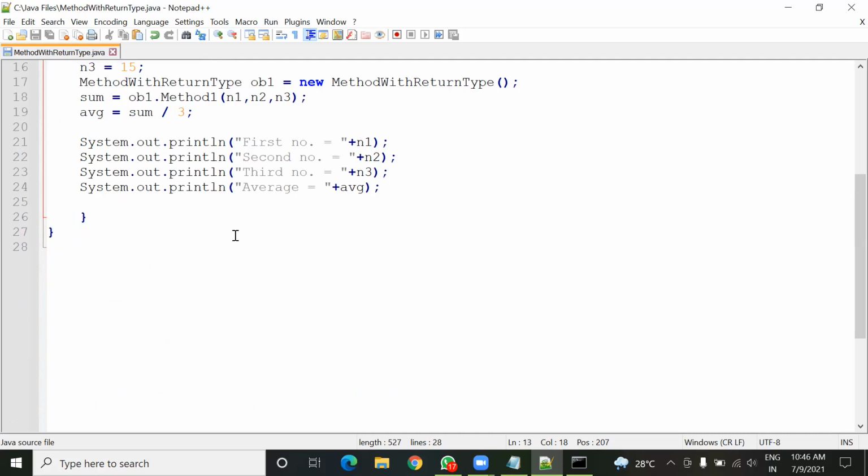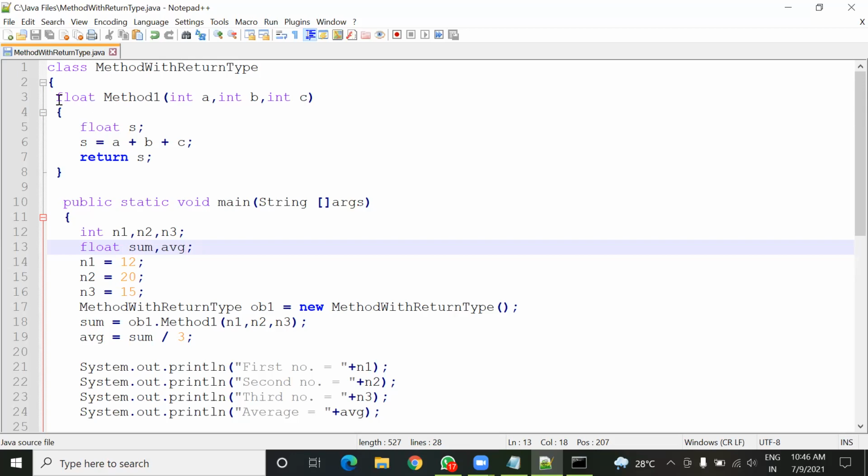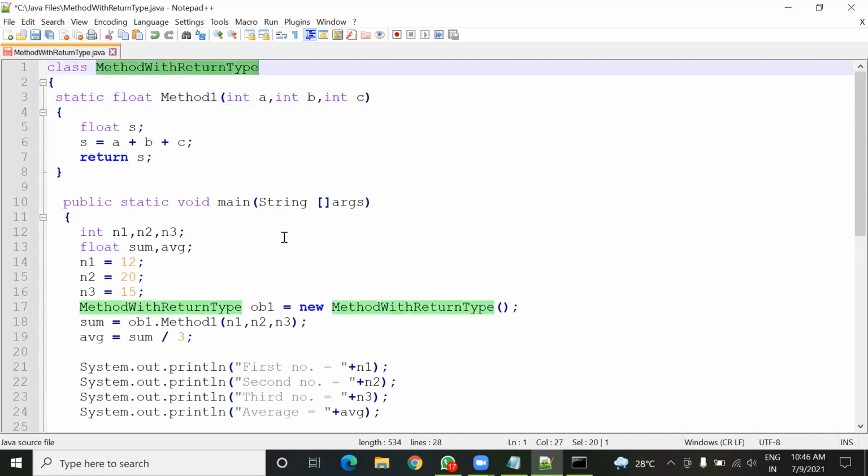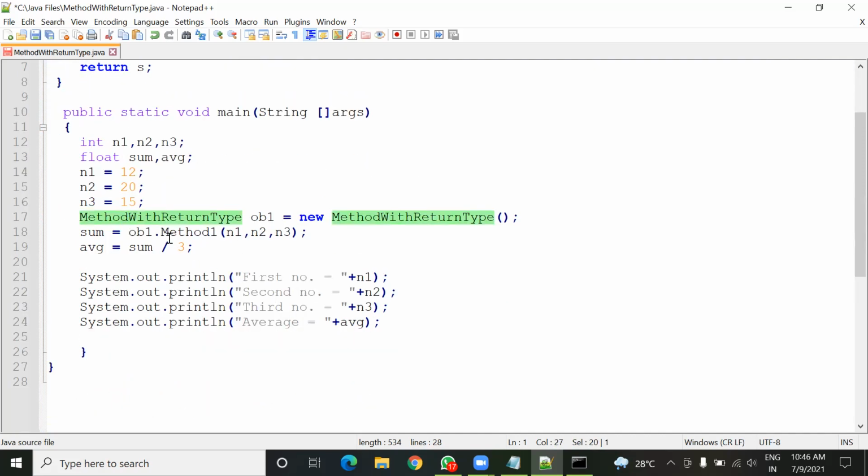Now I'm going to make one little change in this program. The change is that I am going to declare this method one as static. If you remember about static, this method can now be called directly using the class name, not with the object name.